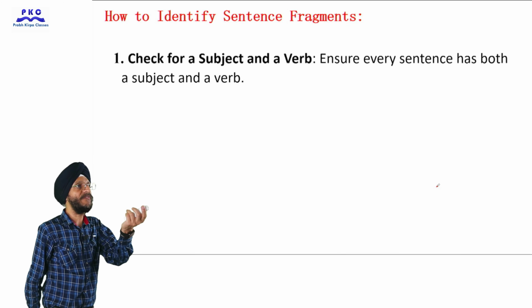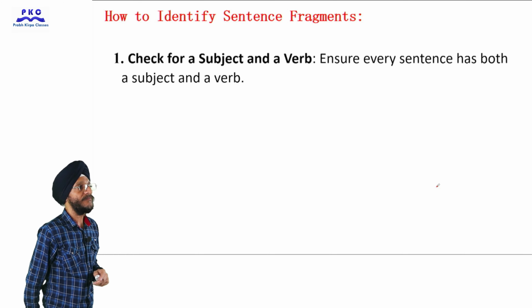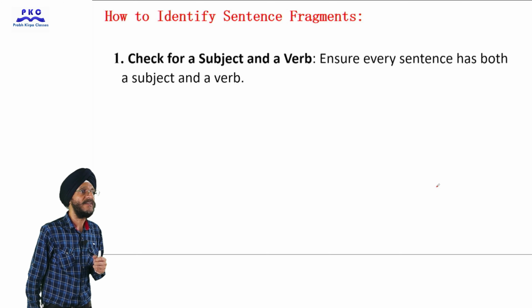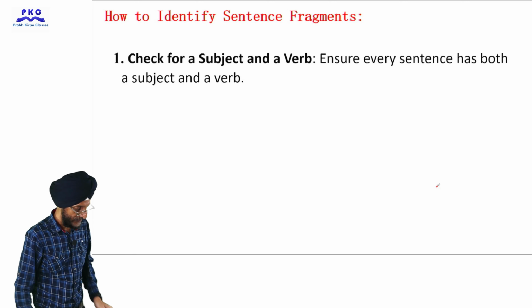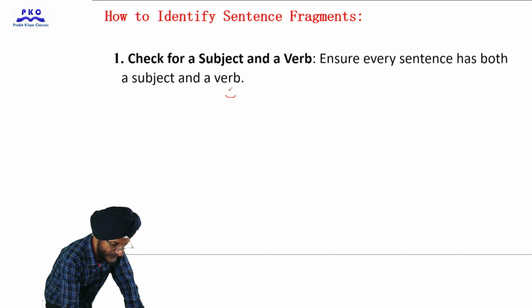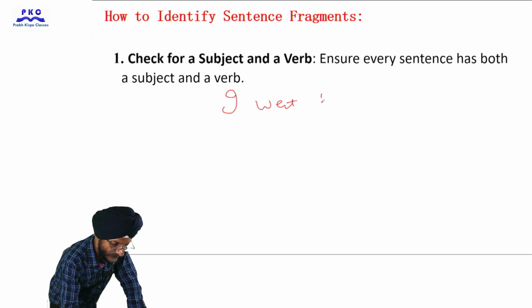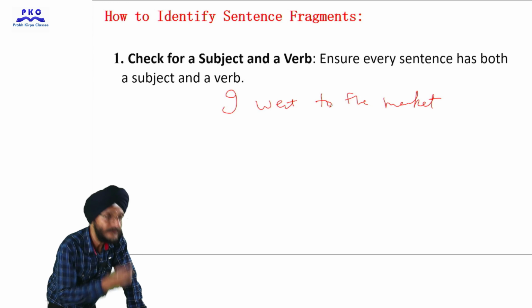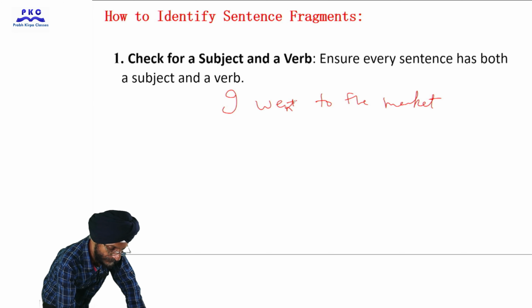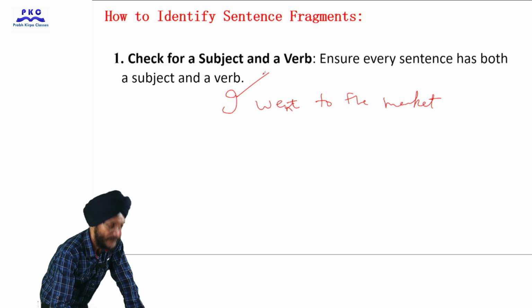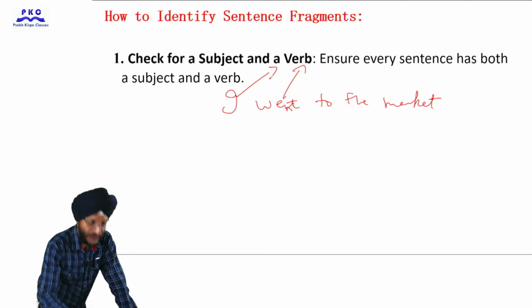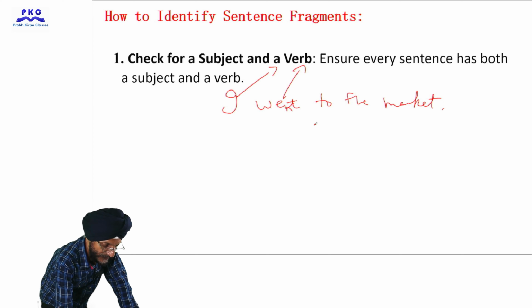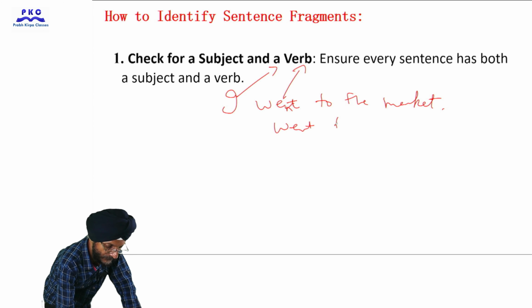Now, how to identify sentence fragments? First is to check for a subject and a verb. Ensure that every sentence has both a subject as well as a verb. If we say, "I went to the market," here I is a subject, went is a verb, so the sentence is complete. If we simply say "went to the market"